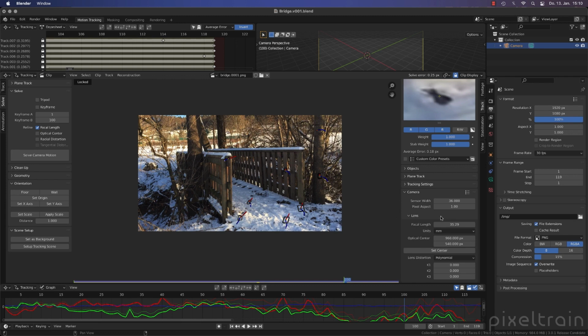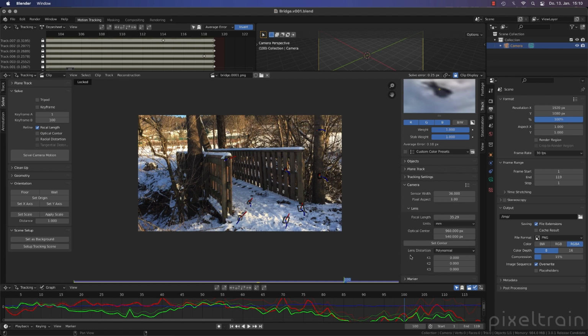This is a lens under 50. You remember in the last lesson I told you that normally we go into a lens workflow, or you have to go into a lens workflow if you are under 50. So this is under 50. This is a wider lens. So let's try that. The lens distortion is here, and it's normally calculated in different ways. You see, there's a whole bunch of different models. Blender is using this polynomial.